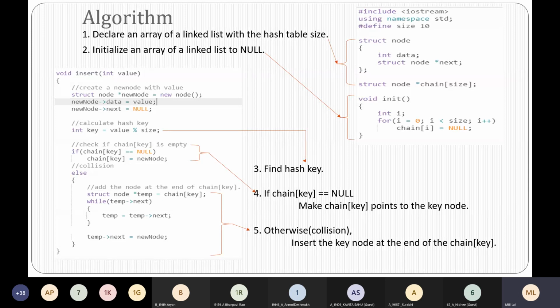You are traversing the temp next until you reach the end, that is, until you reach the pointer where it is assigned to null, and there you will copy your new node as the next node. So that is what is being done in statement 5. These are the statements 3, 4, 5 which are included inside the function insert.